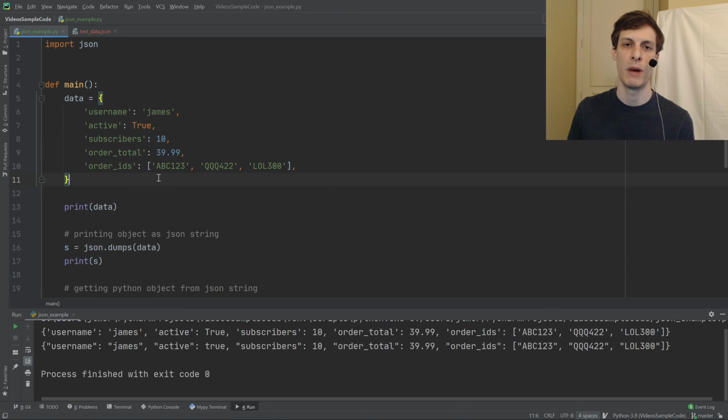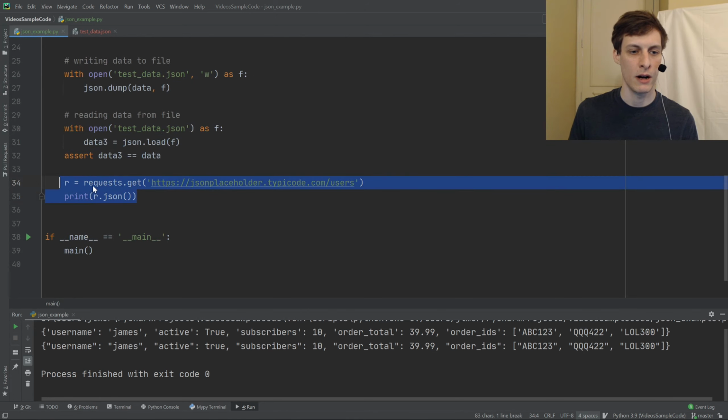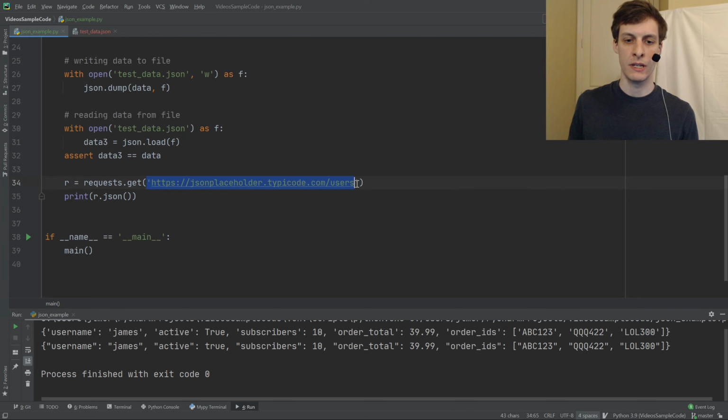The second reason that you might want to use JSON is that it's kind of the de facto standard on the internet. There are lots of websites that have APIs set up that respond to your requests in JSON. Here I'll go ahead and import the requests library, which you can use to easily get information from a website. Then let's go to the bottom here and add these two lines. So this is just a sample JSON API. It's not returning any real user data. This is just for demonstration purposes.